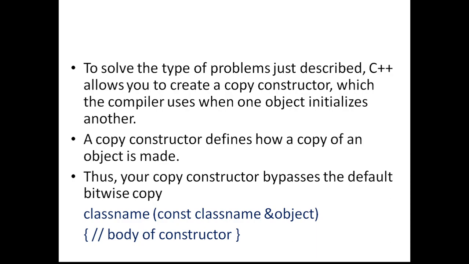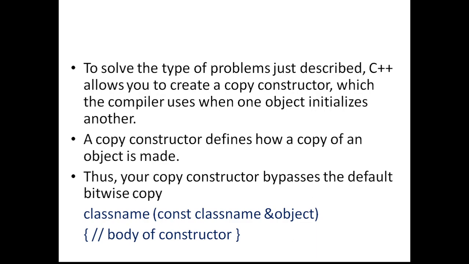Now what is the solution? The solution is simple. We just have to write our own copy constructor. We have already seen that all this happens because of the default copy constructor which is executed by the compiler. Now what is the solution? We have to prevent the compiler from running the default copy constructor. Then how do we prevent it? By providing an explicit copy constructor. So whenever we write our own copy constructor, the compiler will prefer only that and it won't execute the default copy constructor. So that is a simple solution.